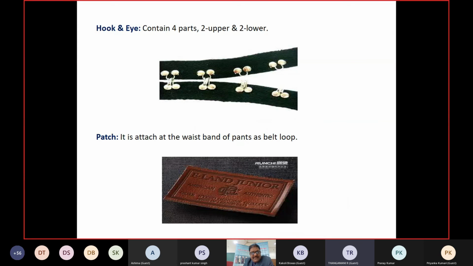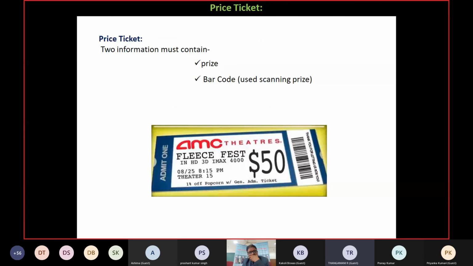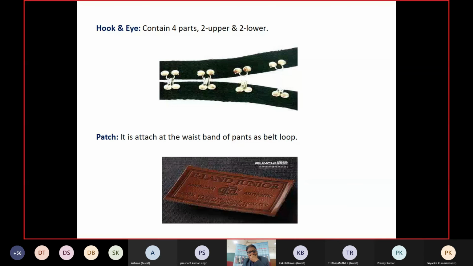These are some collections. Price ticket with the bar code. You can see this is the patch. You will find this type of label in the case of denim fabrics and denim garments.